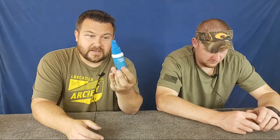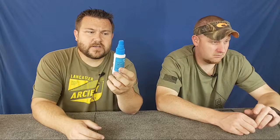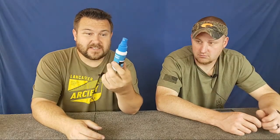Here's the accelerator I use. This is from the Hobby Lobby, and it's called Extreme Power Accelerator. It's like half price of the archery kind, and it smells the exact same, so I'm sure it's the same stuff. But the glue I use...